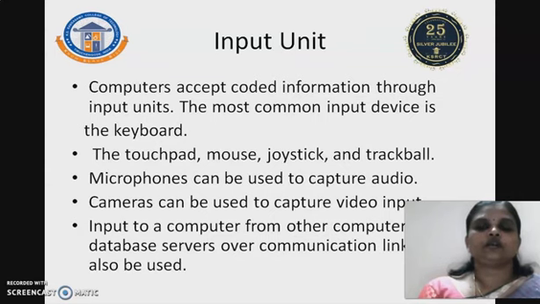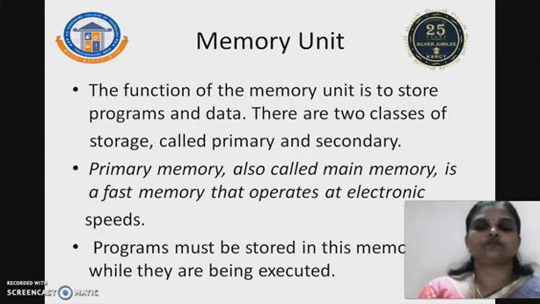The computer accepts the coded information through the input units, and the common input device is the keyboard. Touch, mouse, joysticks and trackball are examples of input units. A microphone can be used to capture audio, and cameras can be used to capture images, system images or any object images. And coming to the memory unit, the function of the memory unit is to store the